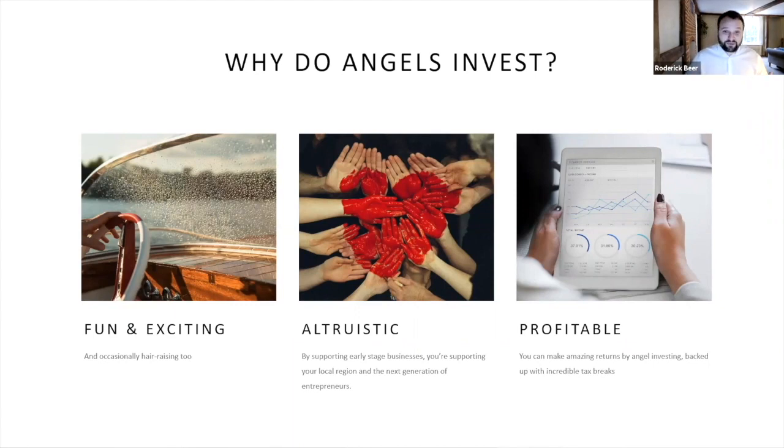And I think third of all, the key part around the altruism, is that you can invest in sectors that make a material difference to our world. And that to me is really important. You can invest in life sciences, green technologies. You can invest in financial services inclusion. You can invest in businesses that can help the world. Not only help your local businesses, your local community by giving money into the system, by helping to form a business, investing in the next generation of technology to help make the world a better place, but in sectors that make a meaningful difference to society.